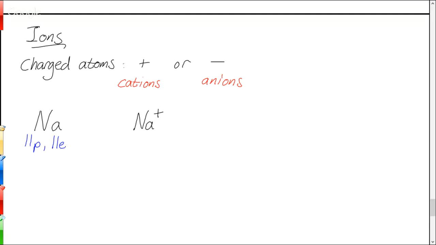So if we add a proton to sodium, we actually make it into magnesium, because any particle with 12 protons is going to be called magnesium. So if we want to keep that sodium identity, we have to only mess with the charge by changing the number of electrons. Sodium will always have 11 protons, but if we want it to be positive, we get rid of one of the electrons so that now it has one more proton than electrons.